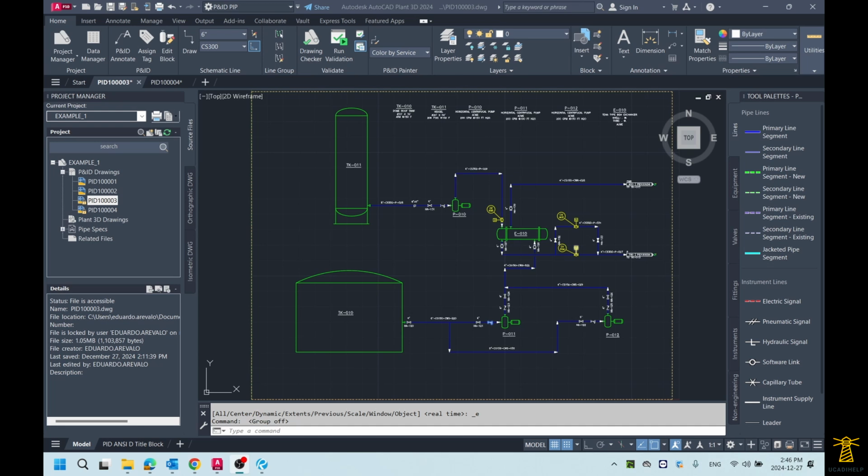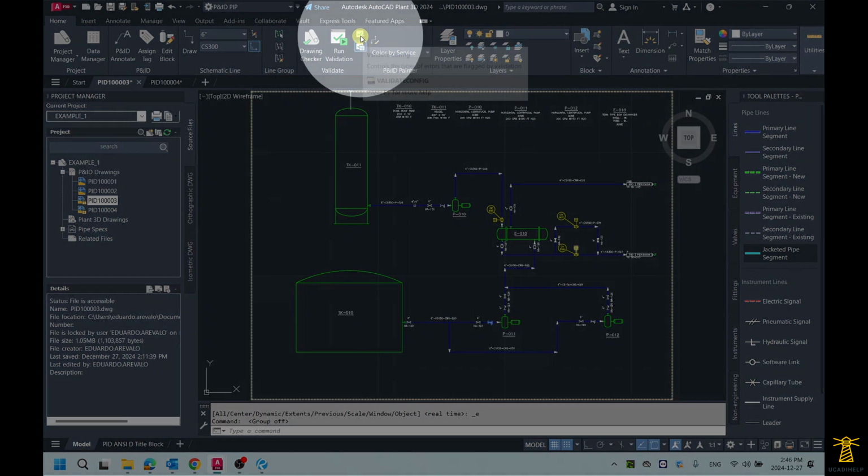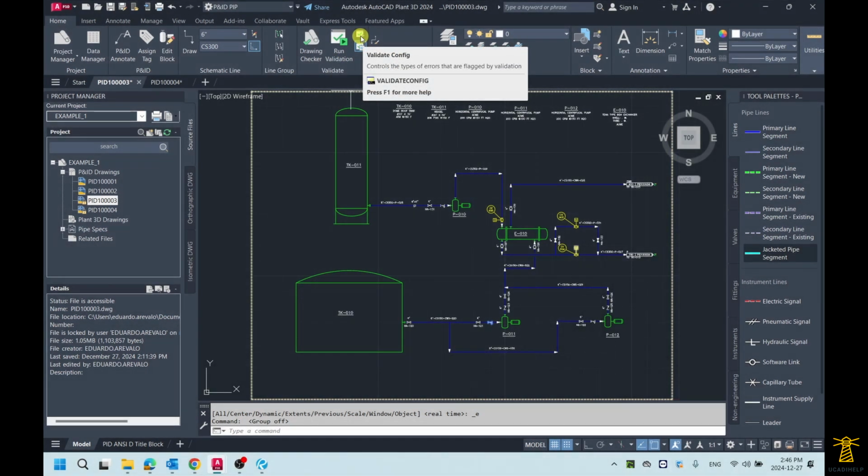I think it's a good habit because this validation is going to help you to catch errors that are not visible. So we're going to start to run the validation first. I want you to pay attention to this configuration, validate config. You first are going to click here,